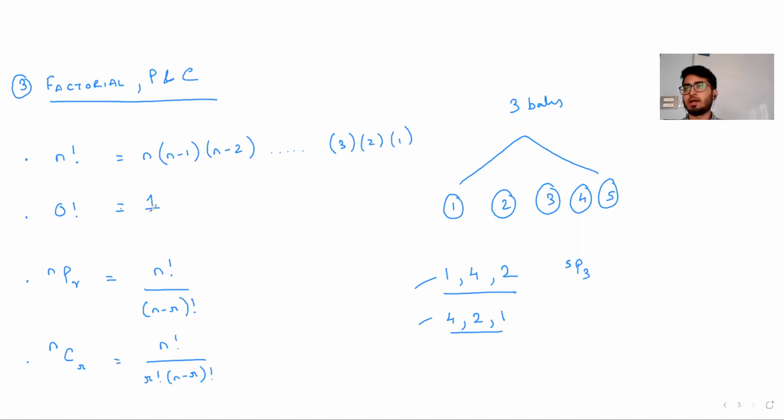Now tell me, if I tell you that we have n objects, and we need to select n objects itself. Can you tell me what are the possible combinations where order is not important? Basically, what I'm asking you is, what should be the value of nCn? Logically speaking, not mathematically, logically, what should be the value of nCn?